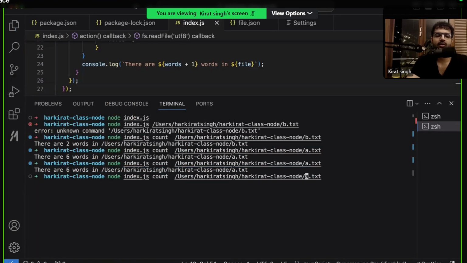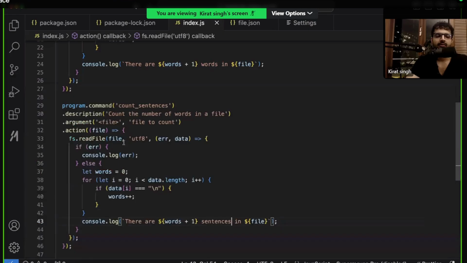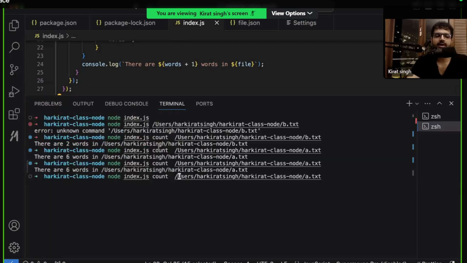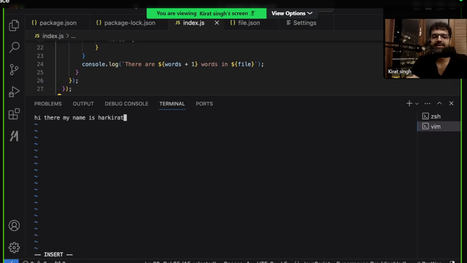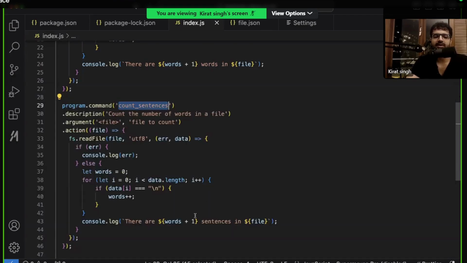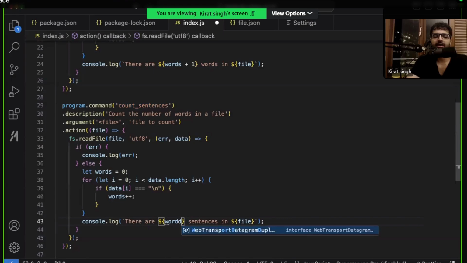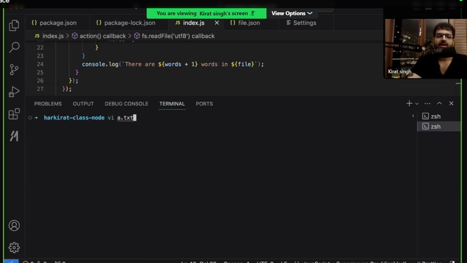If I run node index.js, what was the other command that I added? Count underscore sentences. So if I run this, it'll say there are 2 sentences in a.txt. If you look at a.txt, it just has one sentence, but in the end, there's a /n here.